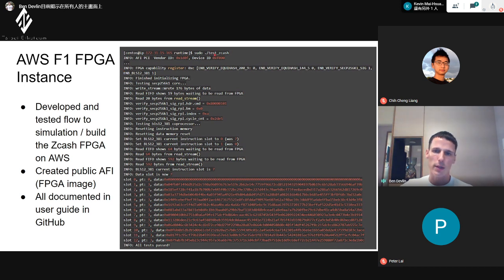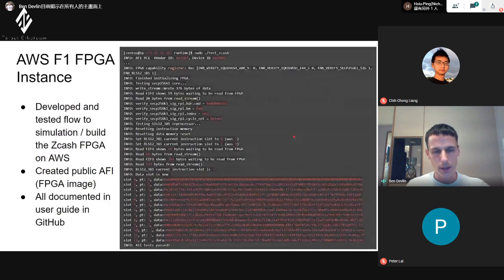So we run the test program. It reads the FPGA. It says, "Hey, what's enabled?" In this one, we have the SECP and we have the BLS, and then it runs some tests. It sends a signature to verify, our result is 0, which means it's correct. Then we test the coprocessor, and we do some basic memory reads and writes. We check that it's okay, and then we get our result back. So this is the result from a pairing where we have our FP12 coming back from the FPGA, and you can see it's passing.